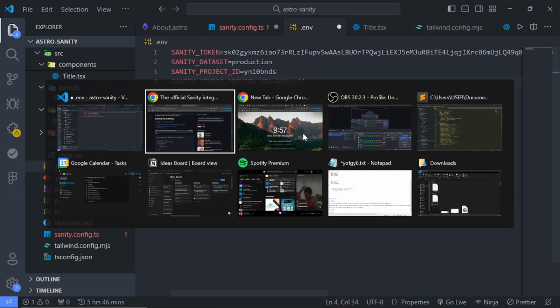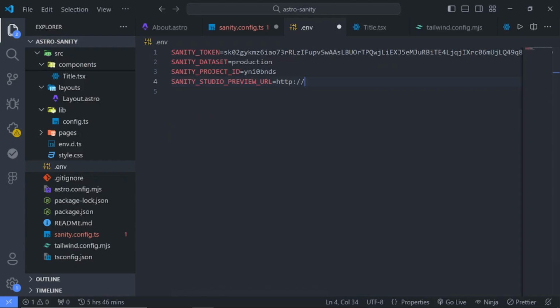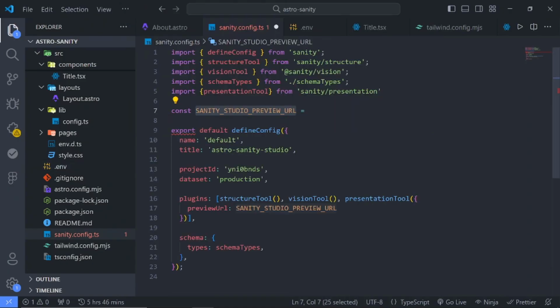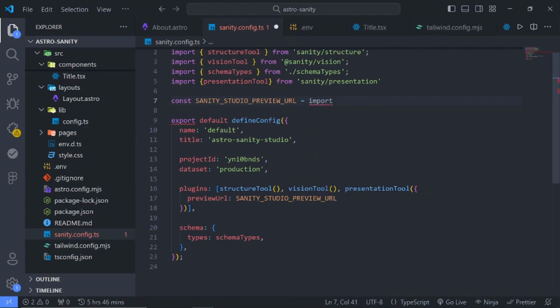You know what, I'm too lazy to type. I'll just copy this port right here and paste it right here. Basically, once you deploy to whatever service you use, like Netlify or Vercel, you just have to change this to the endpoint. So I'll save this, I'll come back to the sanity.config, and right here I will say import